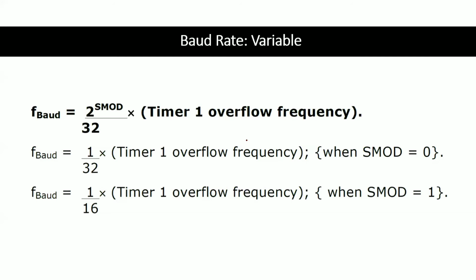So mode 3 is just like your mode 2, and this mode 3 baud rate is a variable baud rate. Variable baud rate means it is using timer 1 frequency. That means it is using timers. So in mode 2, what frequency are we using? Oscillator frequency, which is fixed. That's why the baud rate is fixed there. Here it is variable. That's why we are using a timer.